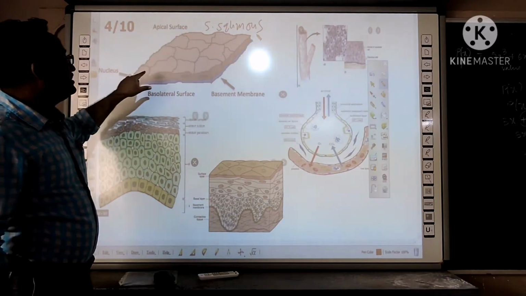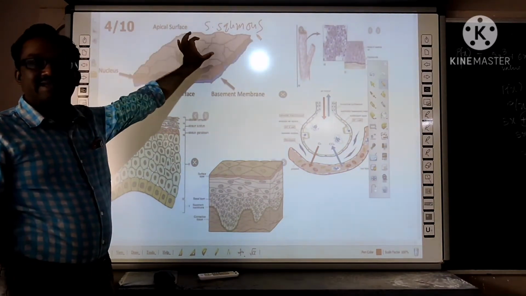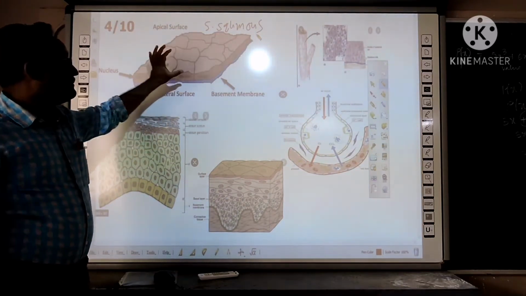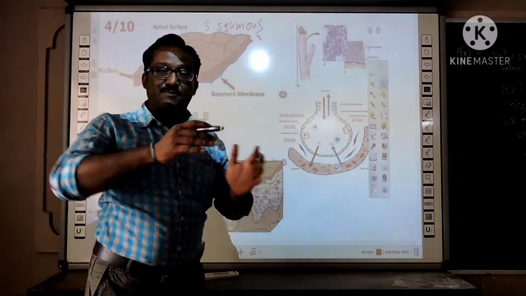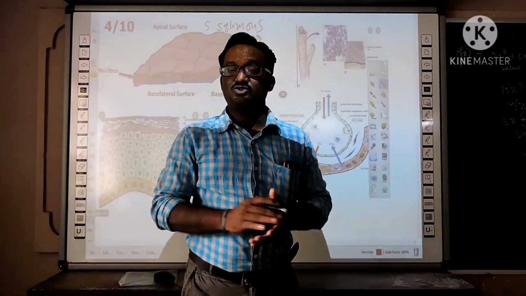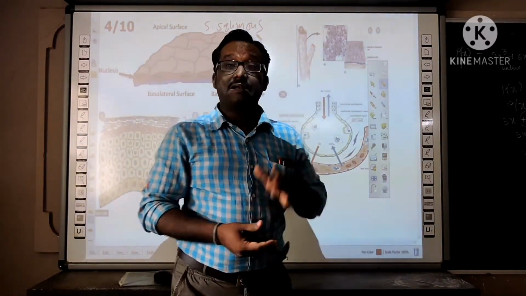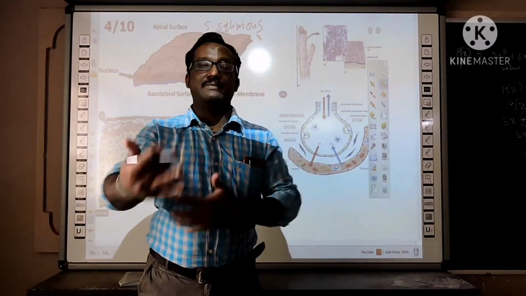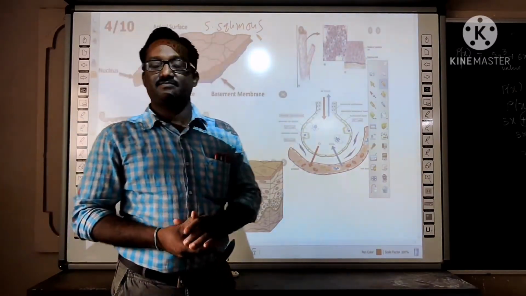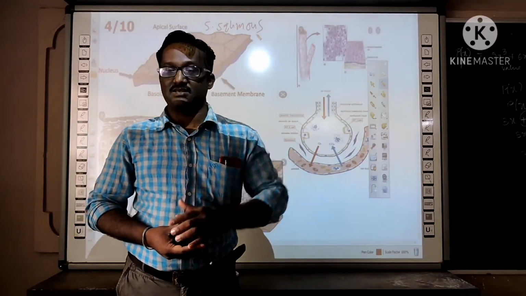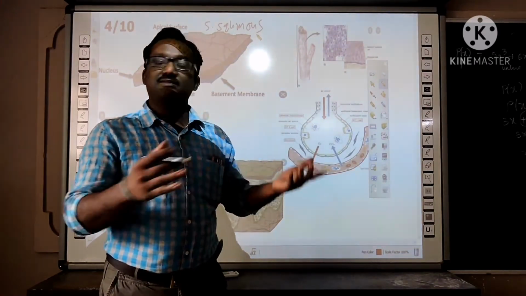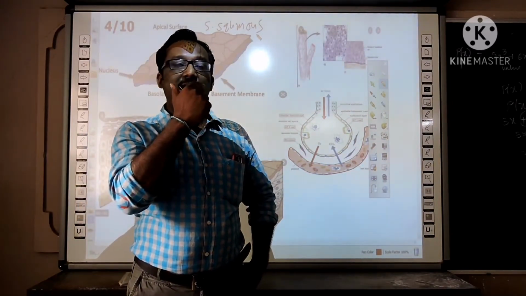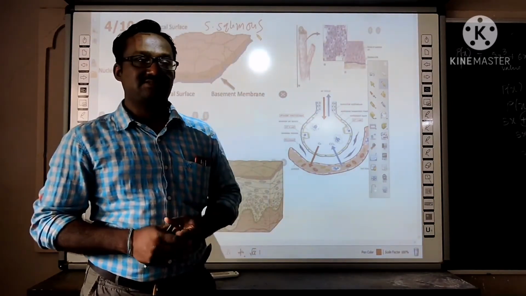As I said, the cells are arranged in a single layer. That's why it is the simple squamous. So we can observe this type of simple squamous where the transportation of substances takes place through osmosis process. That means this simple squamous acts as a semi-permeable membrane because it is a single layer. About osmosis you will learn in next class. For example, you have done the cheek cells activity. So cheek cells means the lining of mouth. That is a simple squamous.